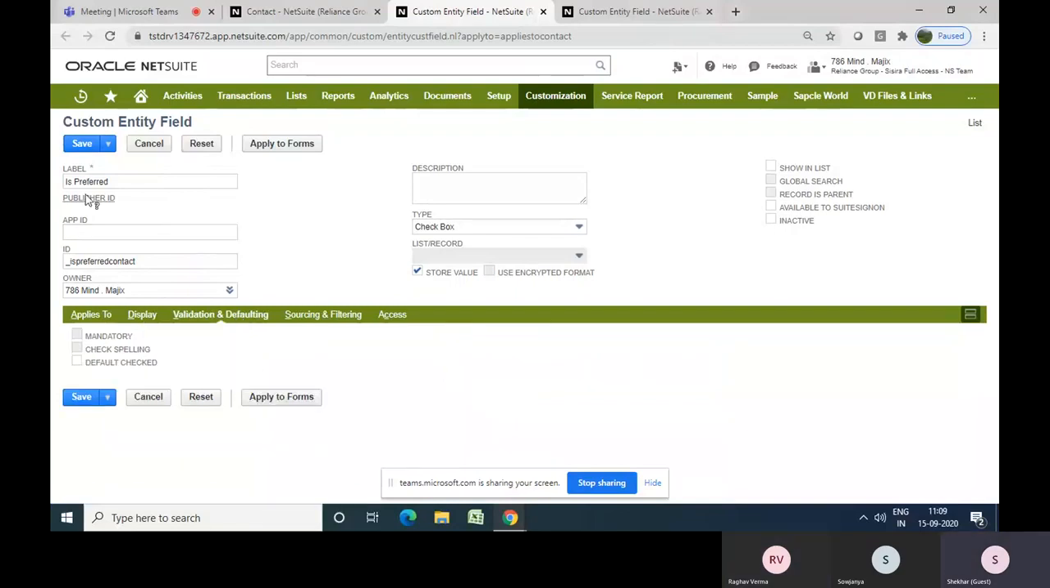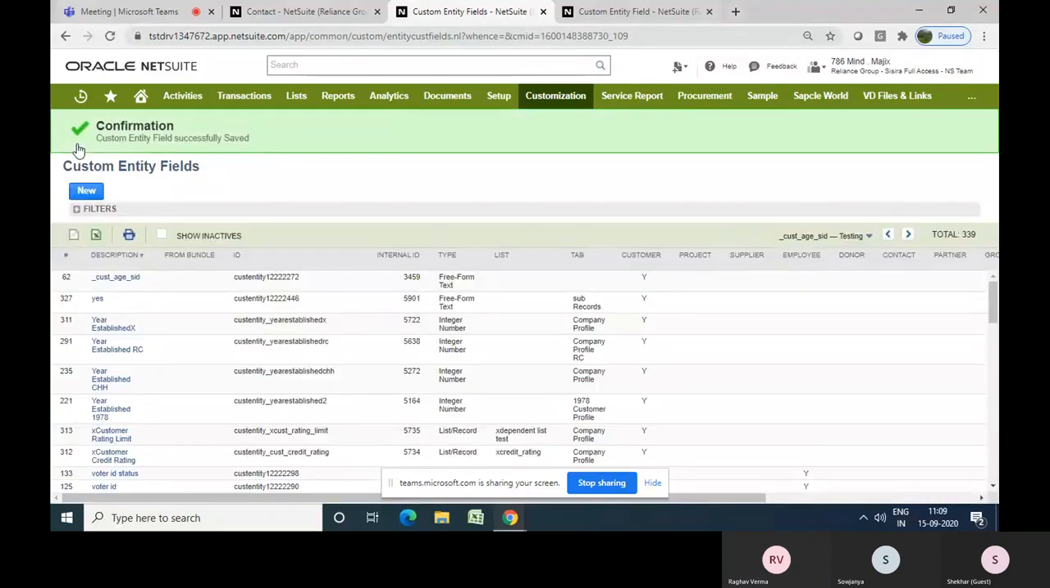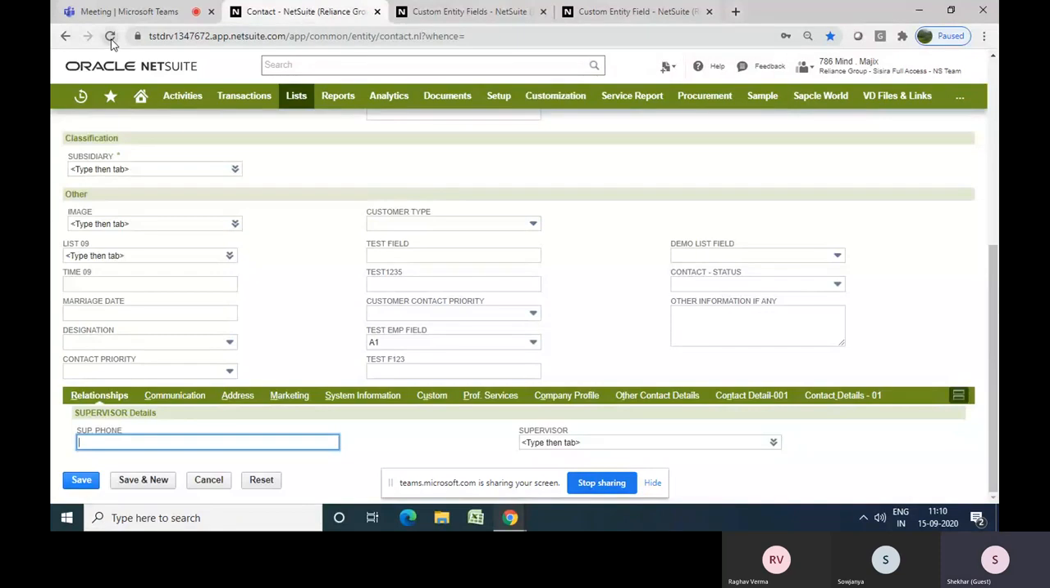Okay. Now I'll just save it. If you want to make it default, you can make it default as well. If you do not, leave it and just save it. Now this is saved. If you go here and refresh it,